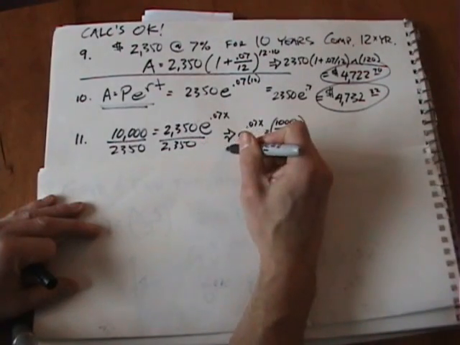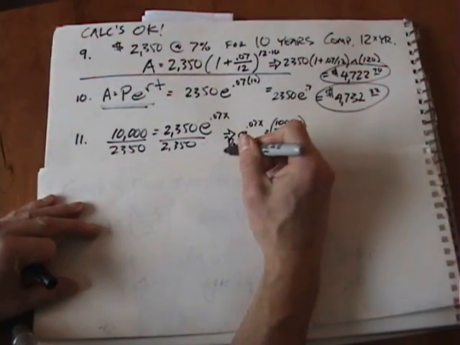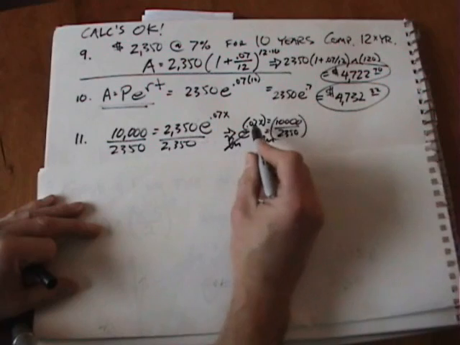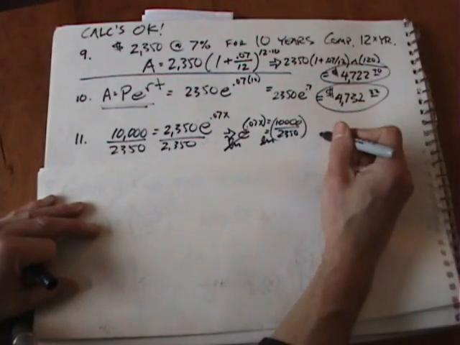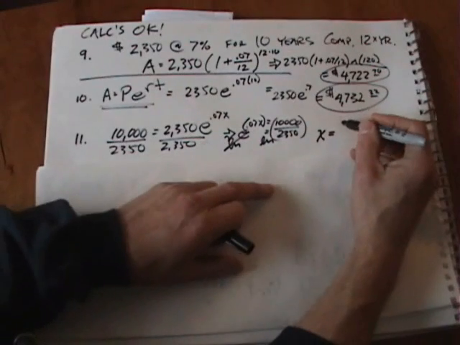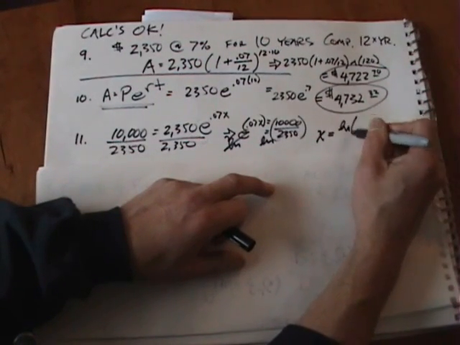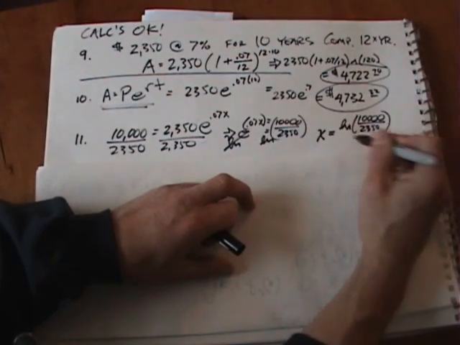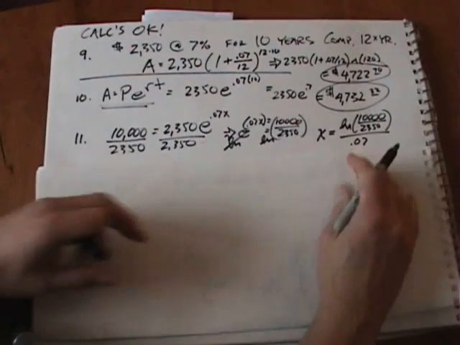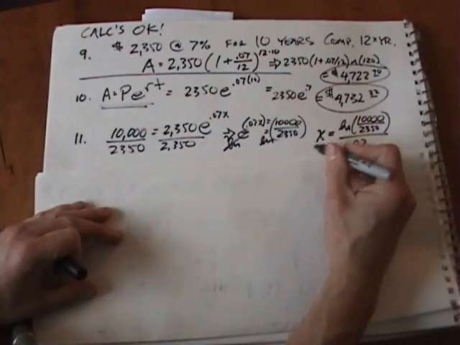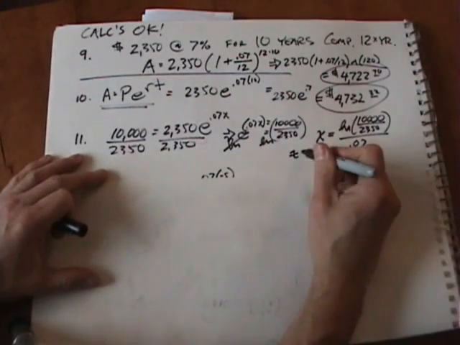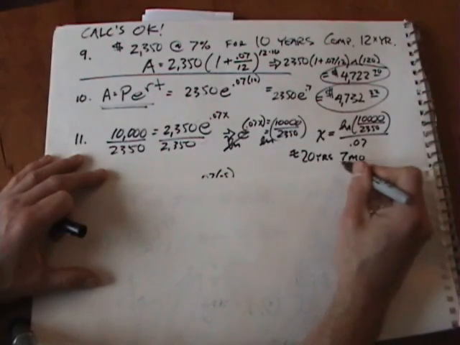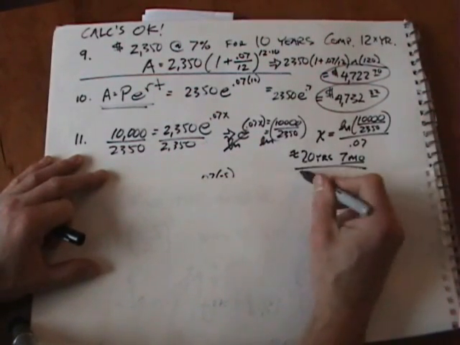Well, then I just take the log of both sides, the ln of both sides, and then that cancels, and we're left with just this being equal to the log of this. And I divide both sides by 0.07. So x then is equal to the ln of 10,000 divided by 2350, that whole thing divided by 0.07, and you'll see it's about 20.7 years. So just say approximately 20 years and maybe 7 months. But I'm not going to fault you for how you express that, decimal or months or days or minutes,